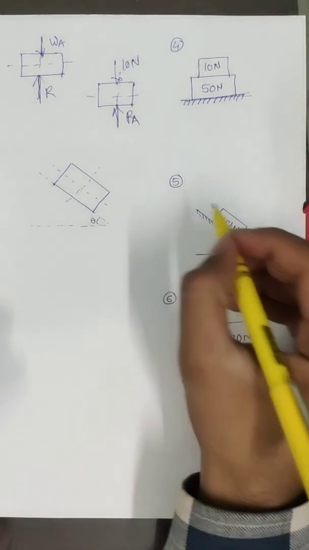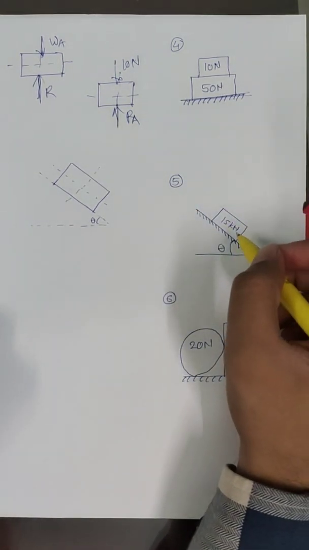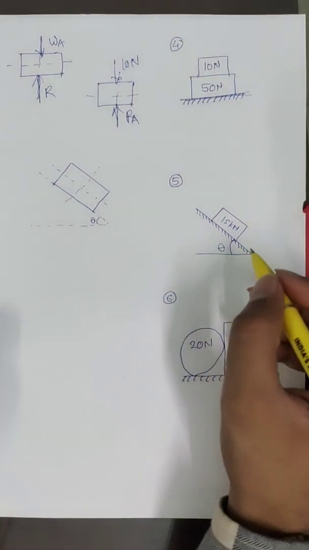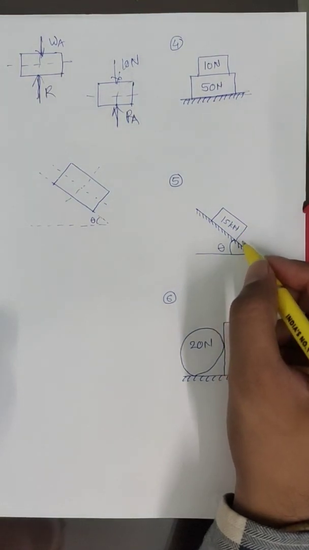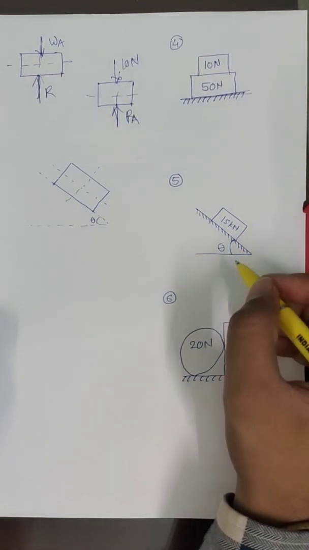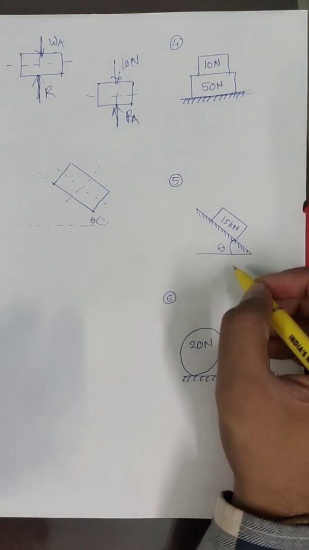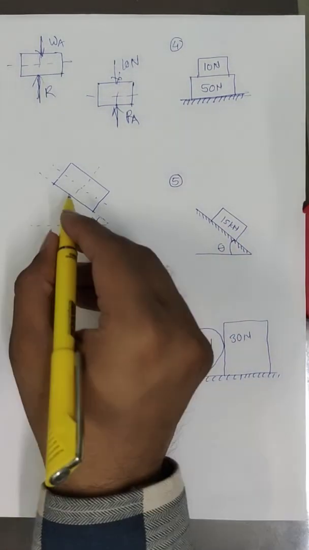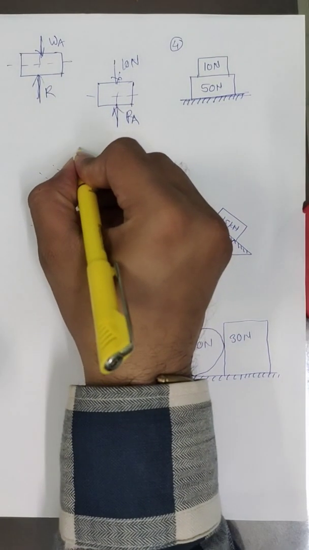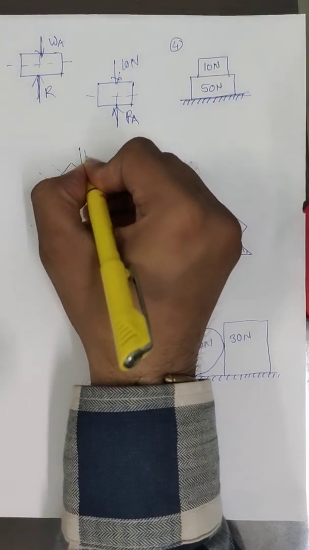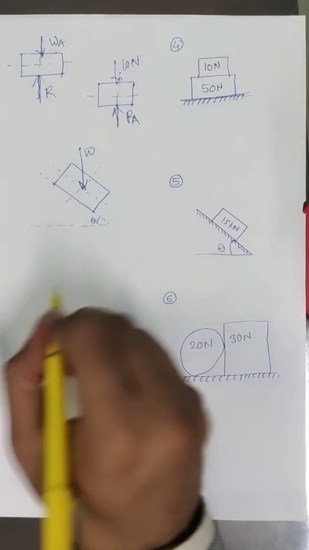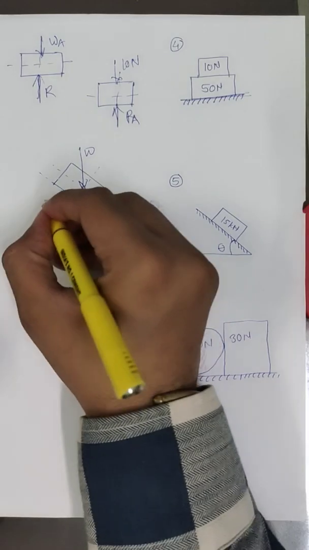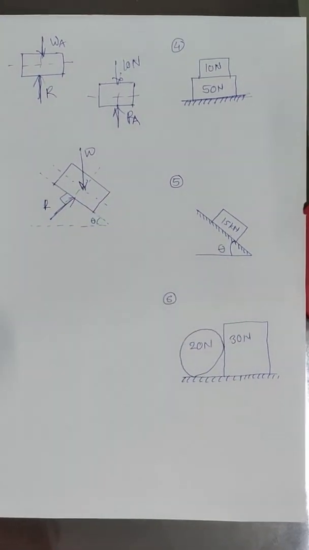Okay. Now see, the fifth one is a different one. The block is placed on the inclined surface. Then how can we draw here? So first of all, is there any applied force acting on the body? Answer is no. Then move towards the non-applied force, means self weight and the support reaction. Self weight is always acting in vertically downward direction, but the surface is the inclined one. So we have to draw the vertical line here, and this is the weight of the block. And support reaction, remove this surface and replace by support reaction, which is always perpendicular to the surface.